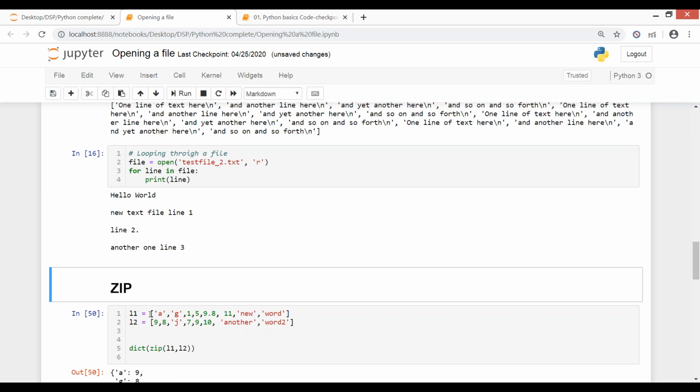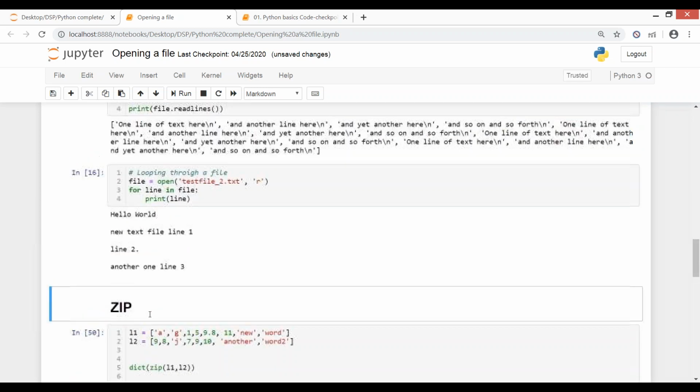I want to create another dictionary, a key value pair kind of thing, or just another list, where I'm having a pair, just like in a key value pair, where A and 9 are together, G and 8 are together, 1 and J are together. You see, the values at the respective index.